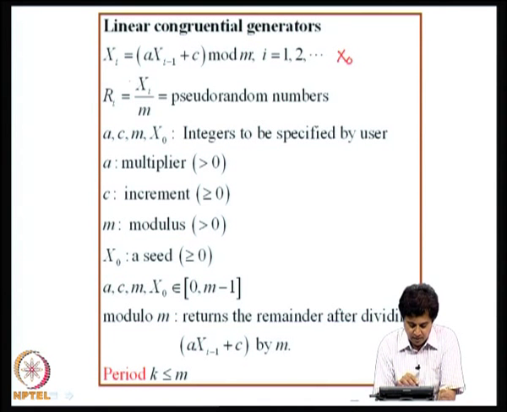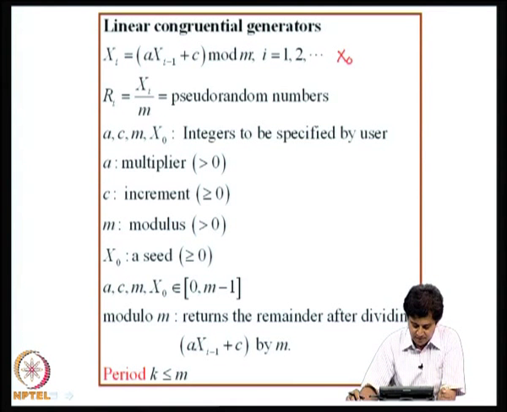Now, this is a map whose period is less than or equal to m. That means, for each of these maps there is a quantity known as period, and after, suppose i runs from 1, 2, 3 and up to that period, then the same sequence repeats. This period for this algorithm is k, and k can be less than or equal to m. So, ideally we want k to be equal to m